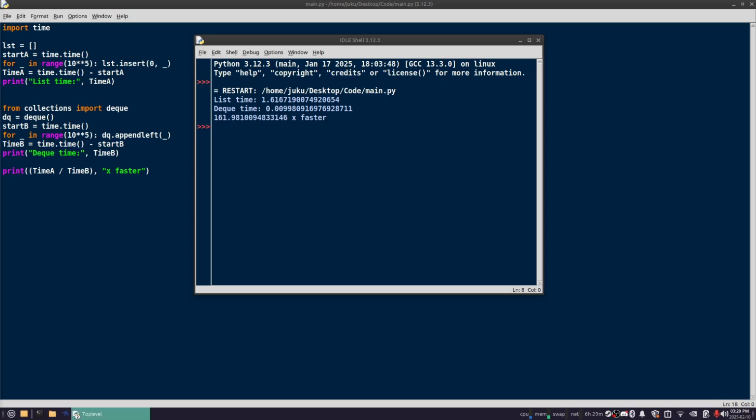Are you still using lists for inserting and removing elements at the front? What if I told you there's a faster way? If we run this code, as you can see from the output, the deque finishes over 100 times faster than